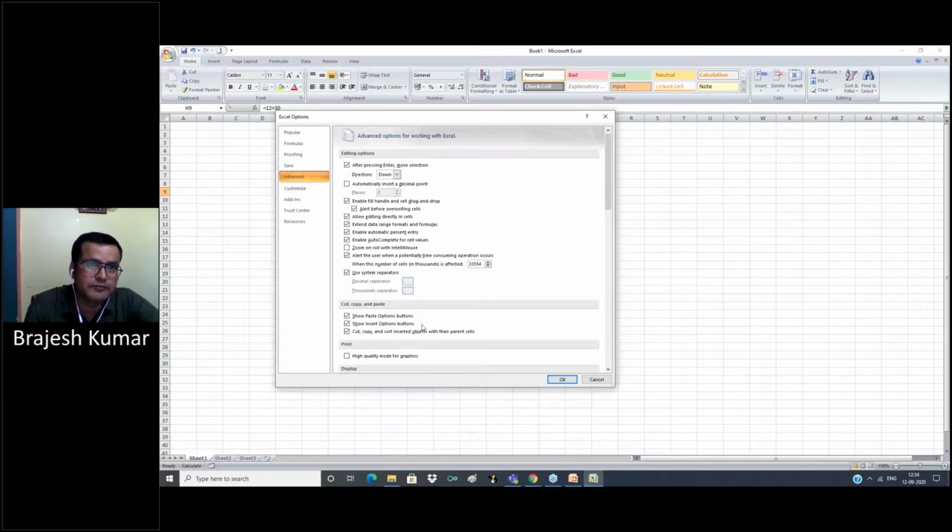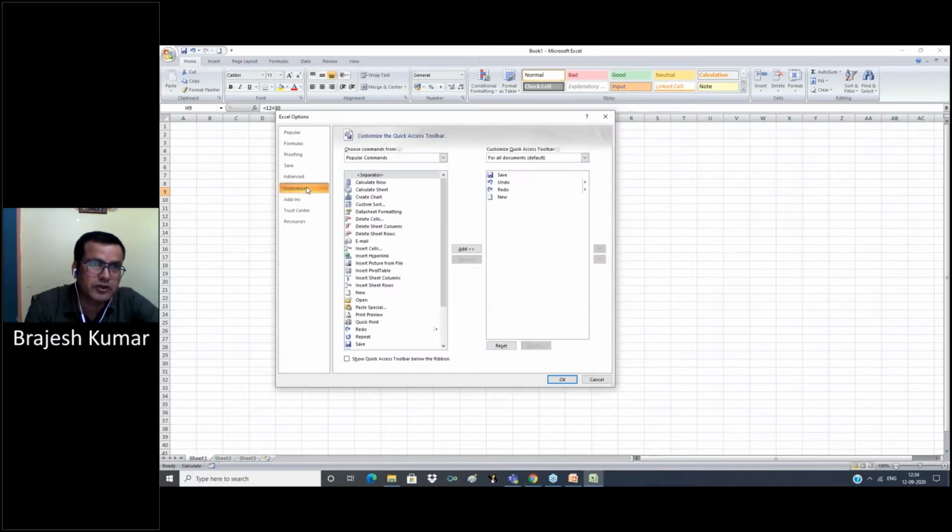Now the advanced option, not useful. Customize option. To customize our quick access toolbar, we can select options from here, but not many options are there.